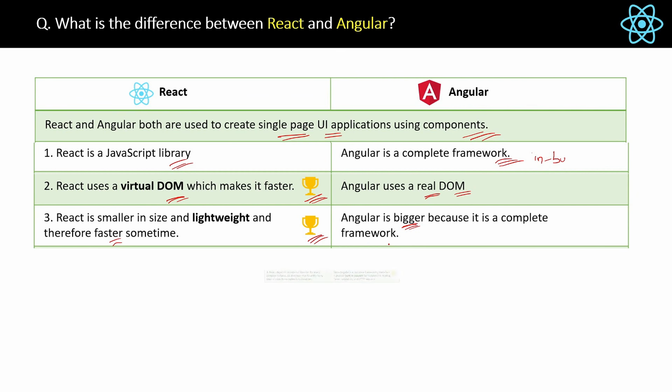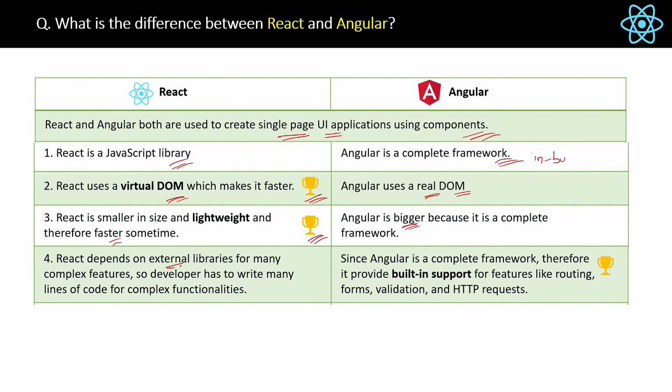Then the next difference is React depends on external libraries for complex features. So the developer has to write many lines of code for complex functionalities and integrations in React. But since Angular is a complete framework, it provides built-in support for features like routing, forms, validation and HTTP requests. Therefore the developer has to write fewer lines of code, and therefore Angular is the clear winner here. So in short, for a very complex UI application which is interacting with multiple APIs, Angular is slightly a better